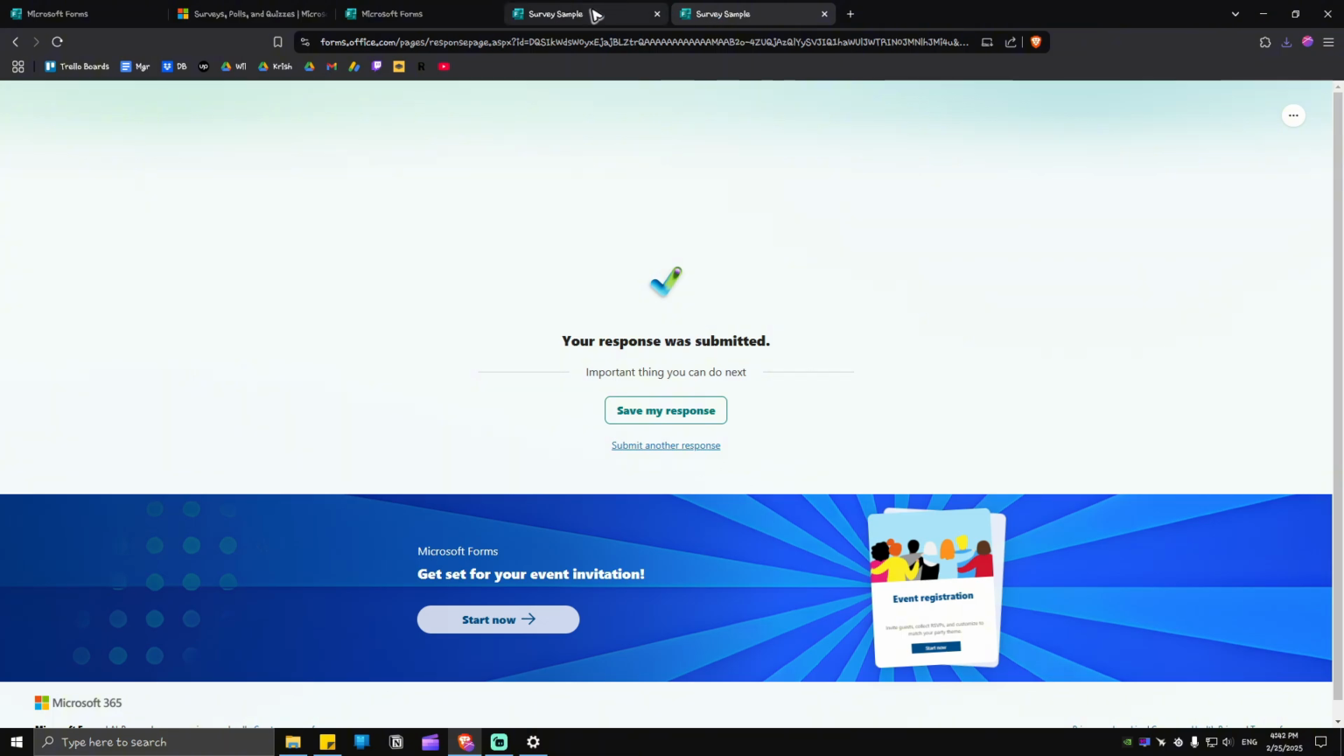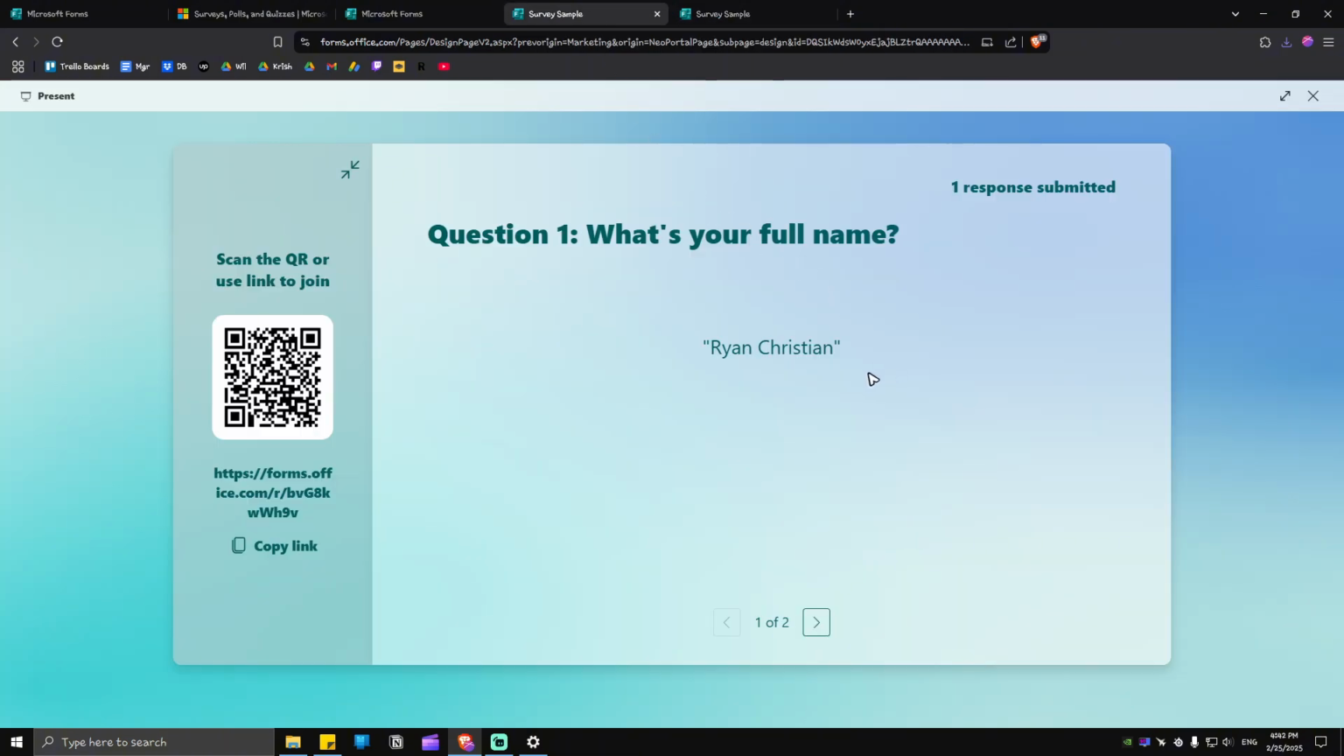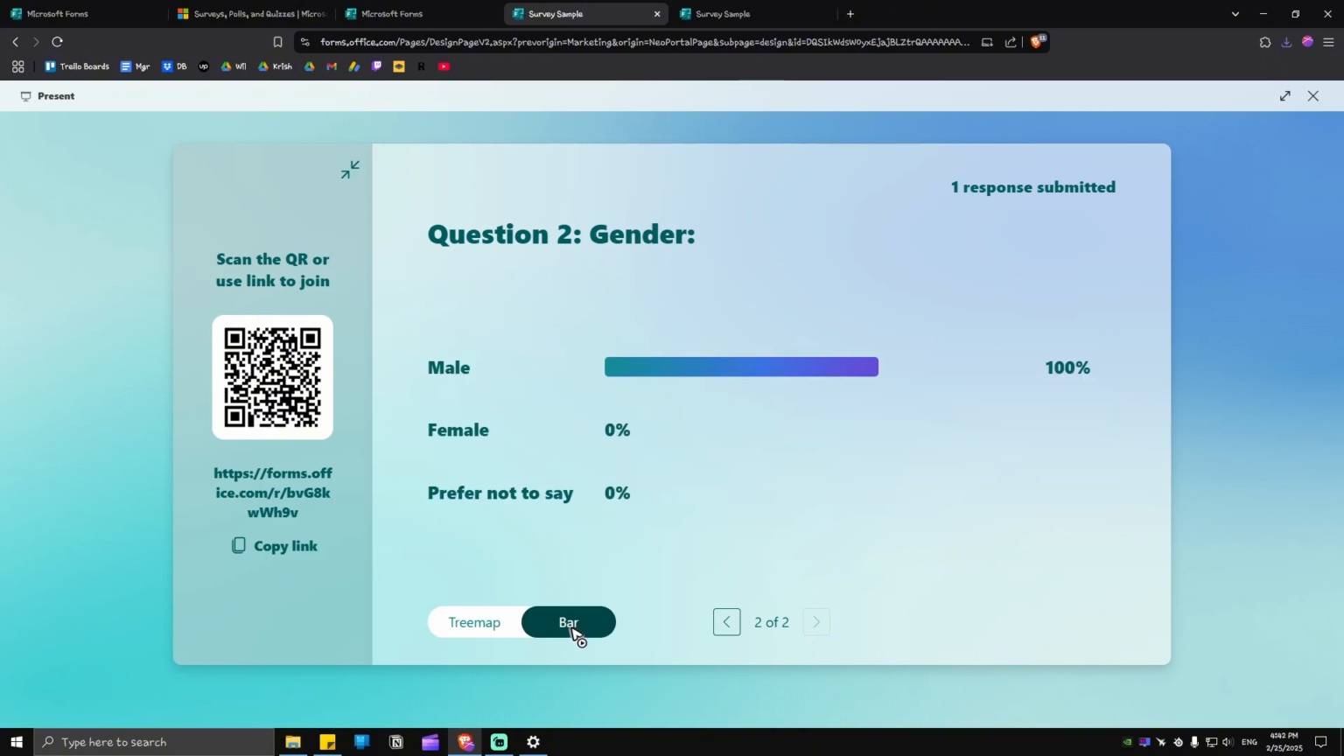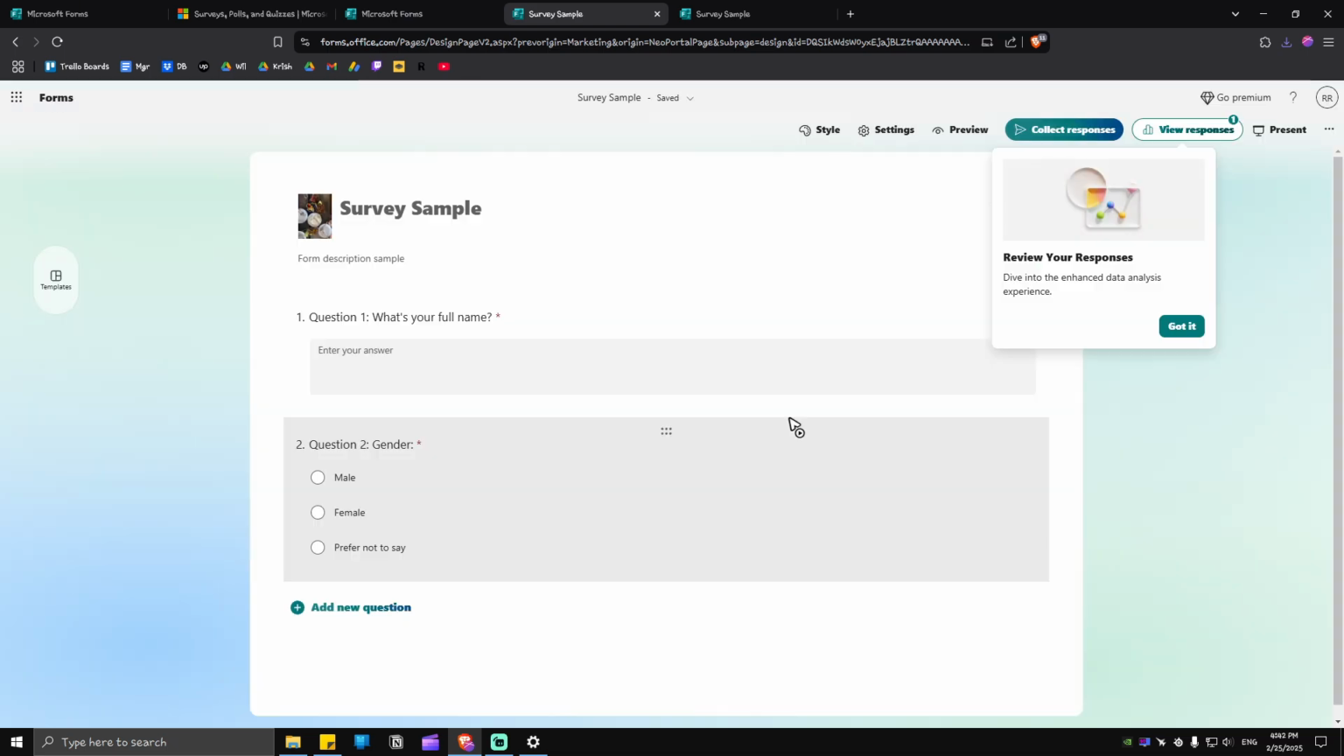Now when we go back to our survey sample, as you can see here, we have one response that is saved. What's your full name? Ryan Christian. Next, gender would be male. If you want a tree map, just go ahead and use this one. If you want bar, like here, you can go ahead and use this one as well. And that's basically how you create a